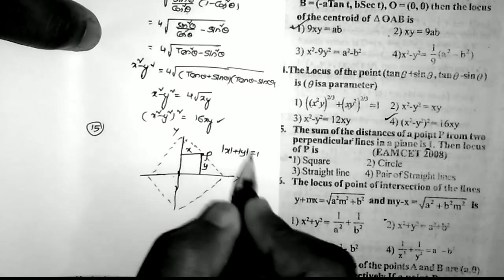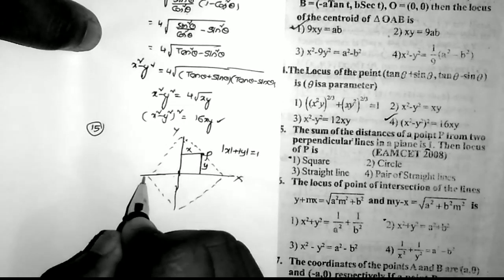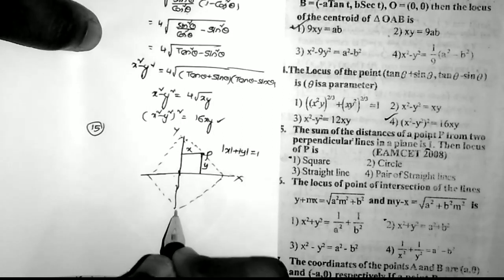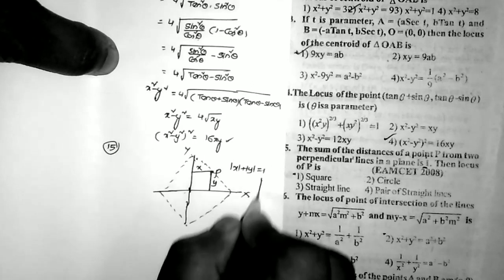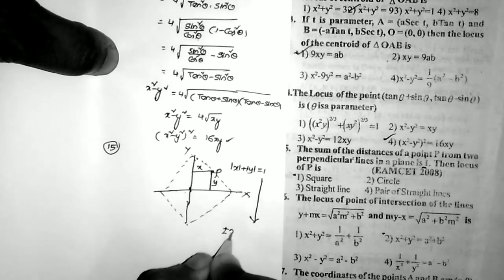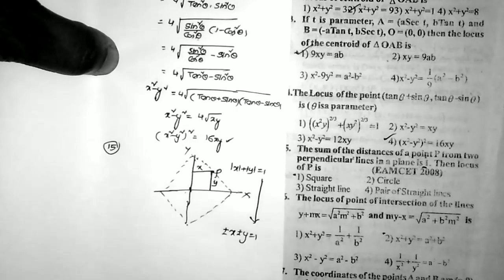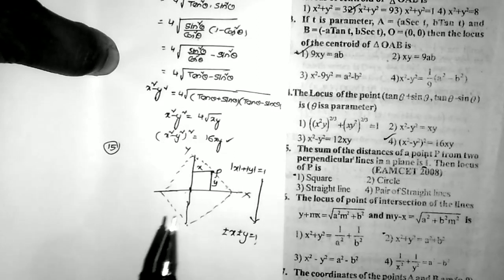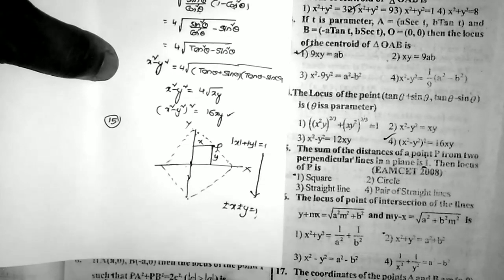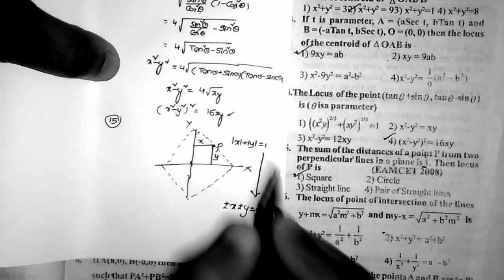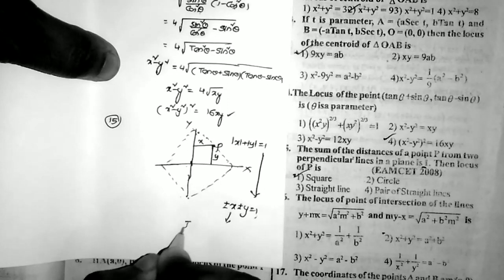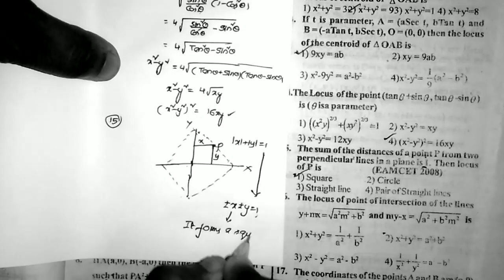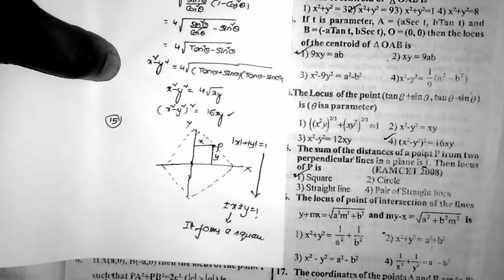When we take x plus y is equal to 1, this is the line. Minus x plus y is equal to 1. Minus x minus y equals to 1. X minus y equal to 1. In this equation, we have 4 lines. Plus or minus x plus or minus y is equal to 1. The 4 lines are these 4 lines. And here, the 4 lines form a square here. So, answer is equal to square. Mod x plus mod y is equal to 1 means it forms a square. That's all. This is the answer. This is the first option.